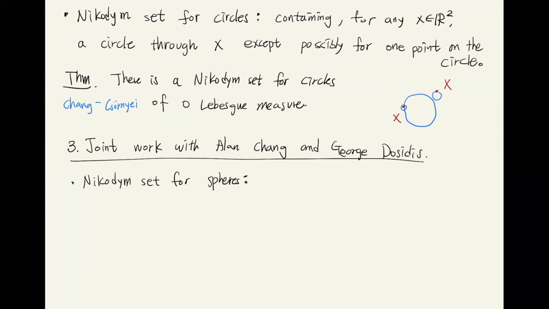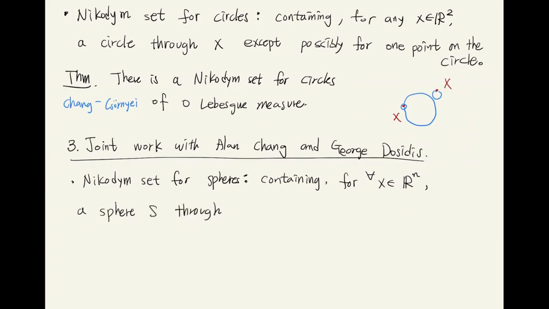So we can say that a Nikodym set for a sphere is a set containing, for any x in Rn, a sphere, let me denote the sphere by Sx, through the point X, except possibly for perhaps one point on the sphere. But